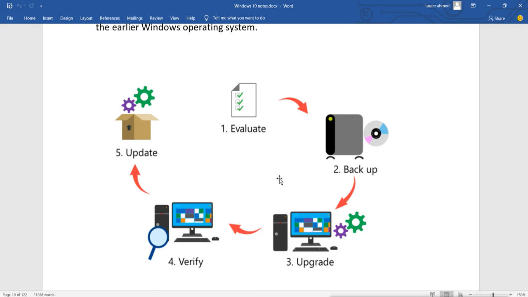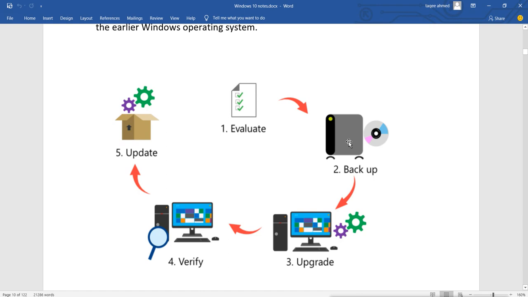First you have to evaluate whether you have to upgrade or migrate, and what settings, data, and applications will be affected. You have to evaluate everything, and then for security you have to take a backup of your important data.